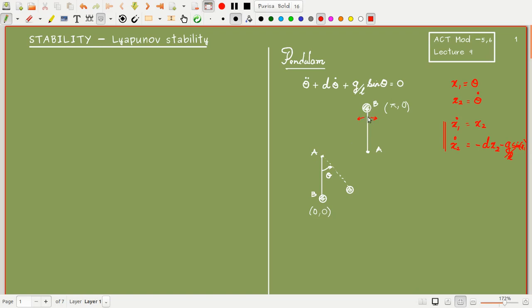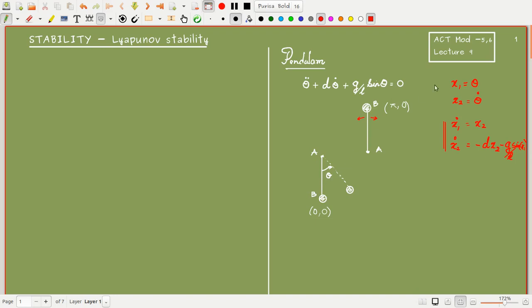So that means that when we speak about the stability of nonlinear systems, we have to speak in terms of the equilibrium point. So in our discussions, we will be dealing with the stability of the equilibrium points, each stability of the equilibrium points. So that is how we will be dealing with the nonlinear system stability.